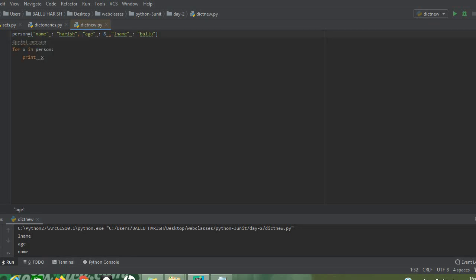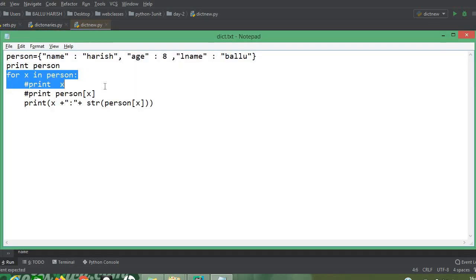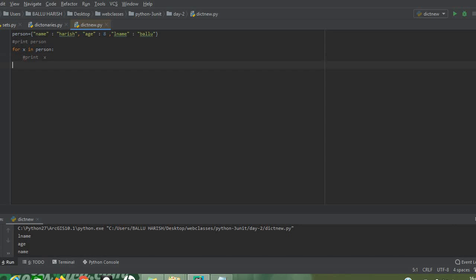If you use print x, you get only keys, you are not getting values. For getting only values, we need to use this method. Now if you run the program, you get only values from last to first.